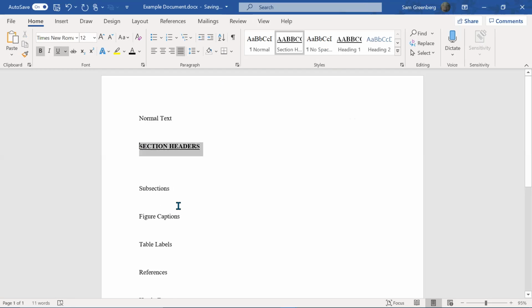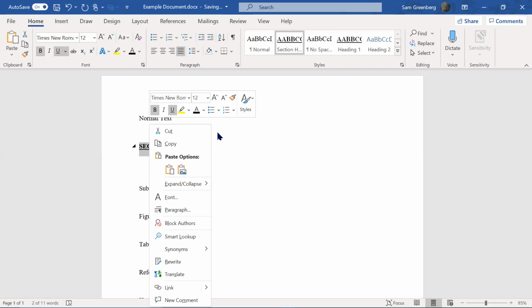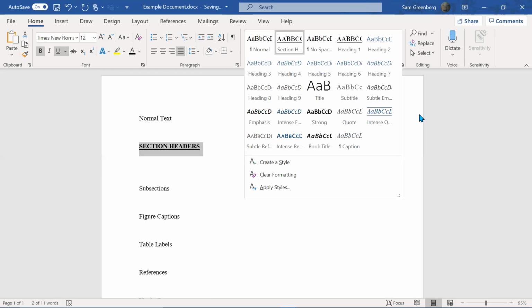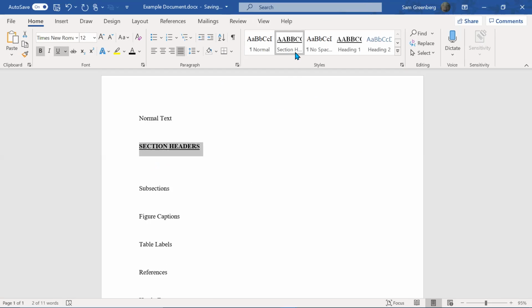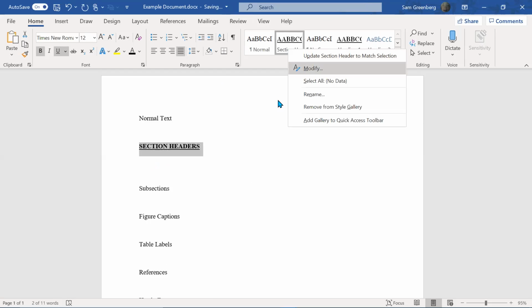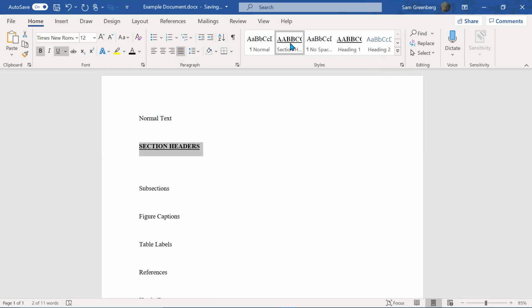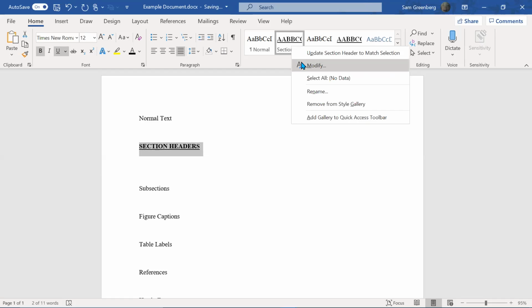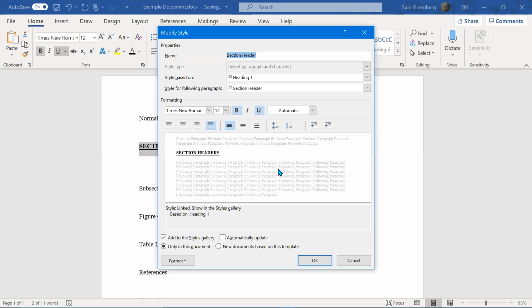Get it highlighted. You can right click and then try to find where it is. You're going to modify, there it is. So what you're going to do is highlight, but you don't even have to highlight. You can go to modify. So go to the styles window, you have this, modify the section header, drop down to modify, and then you can see,